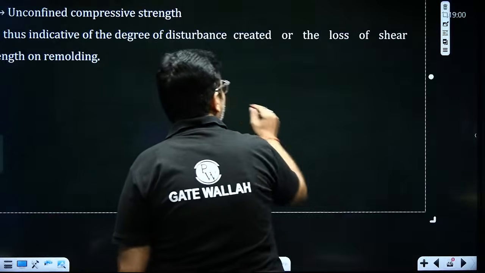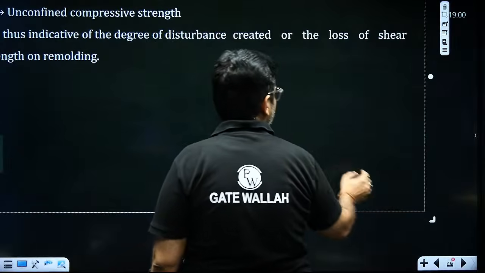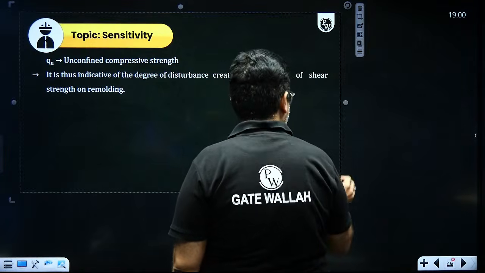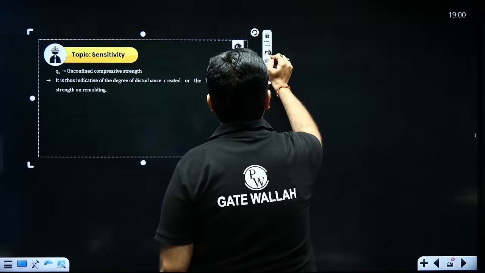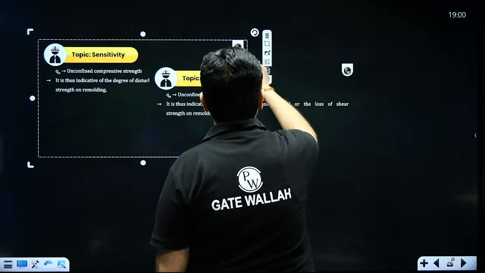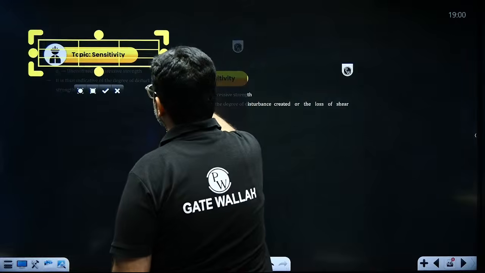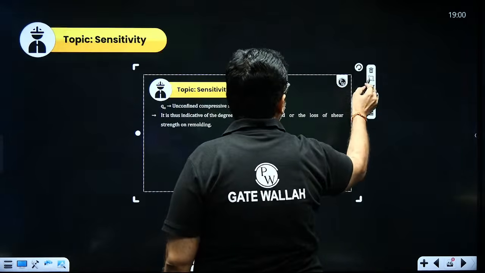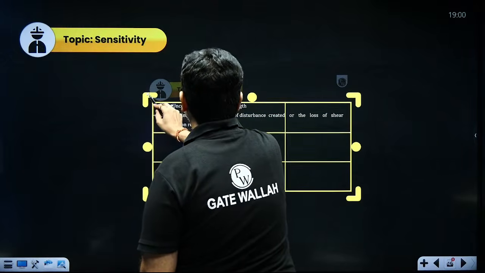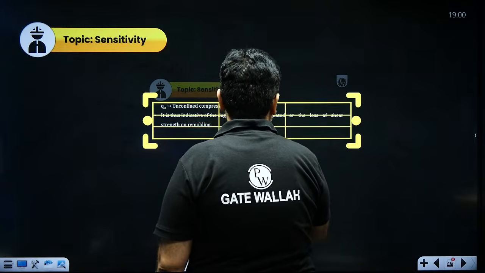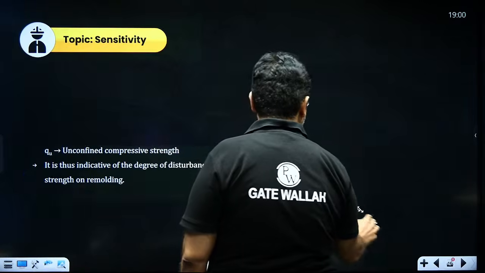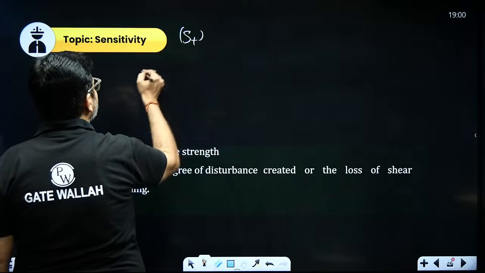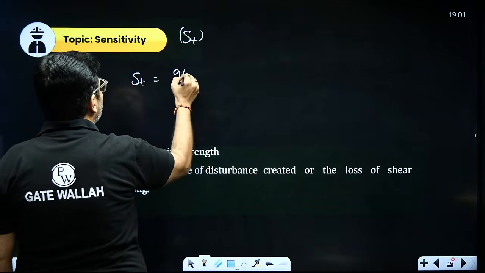It indicates what? Degree of disturbance created. See, whenever we remold a clayey soil, its shear strength decreases due to breakage of soil structure. So, sensitivity measures the degree of this disturbance only. So, how is this sensitivity defined? Sensitivity is defined like this. Sensitivity is represented by symbol ST. Sensitivity is equal to QU